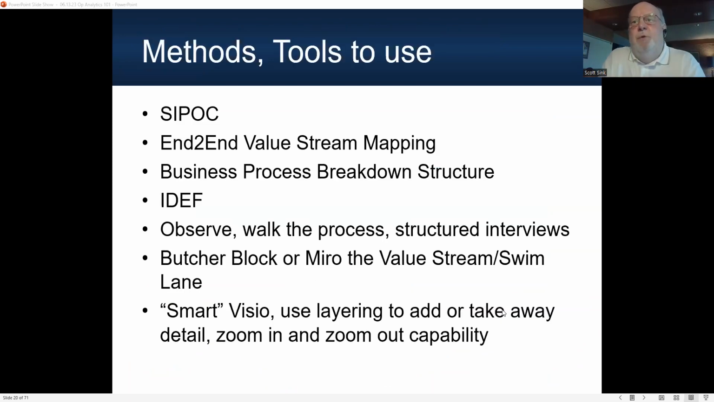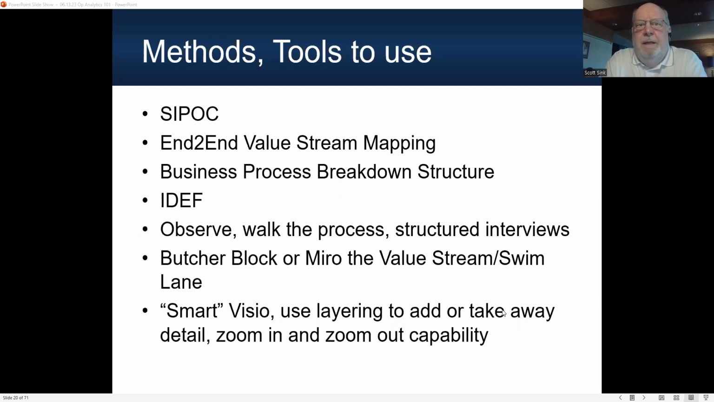And so the methods and the tools that we use in the first step in this process, you can use SIPOC, so supplier, input, process, output, control, end-to-end value stream mapping, business process breakdown structure, IDEF, some of you are familiar with IDEF, observe, walk the process, structured interview. A lot of times my students, if they were in a factory, or in a transactional process that was broken up and in lots of different places, you walk the front to the back and you get a sense of how the workflows happen. Butcher block or Miro, the value stream,